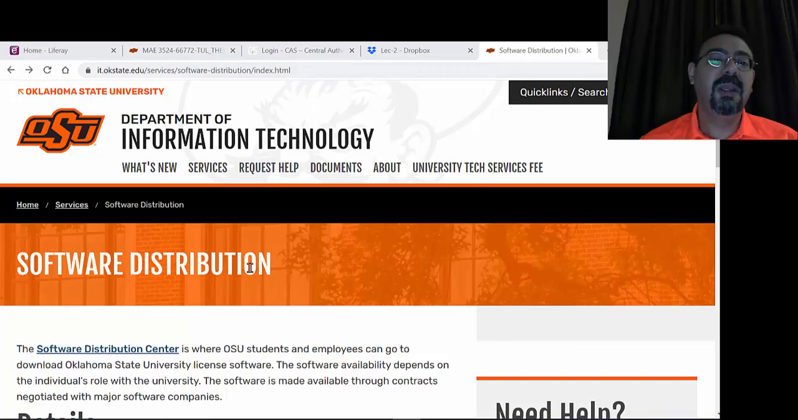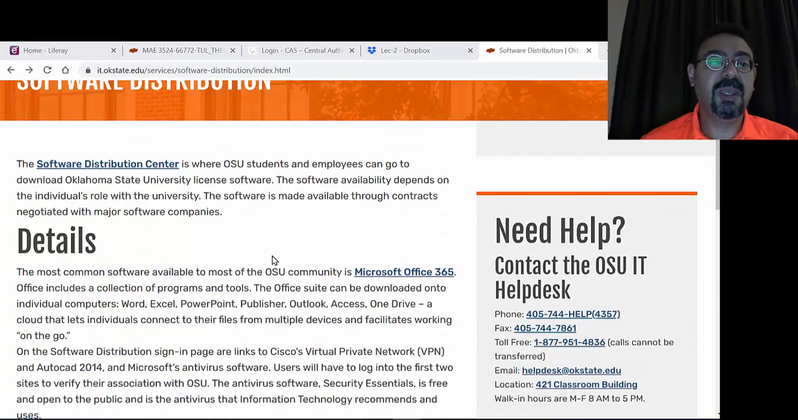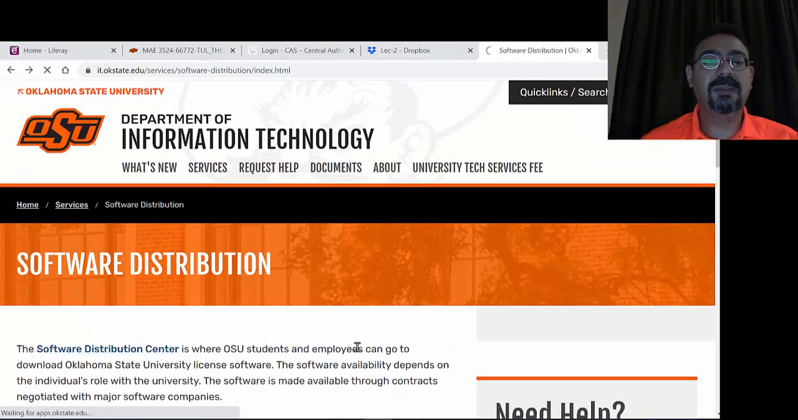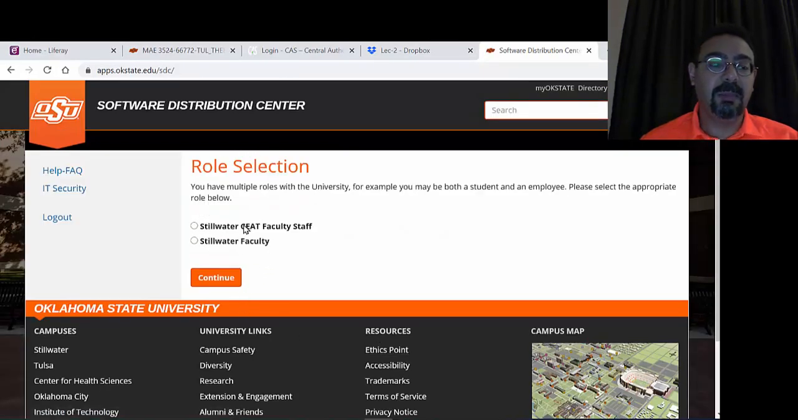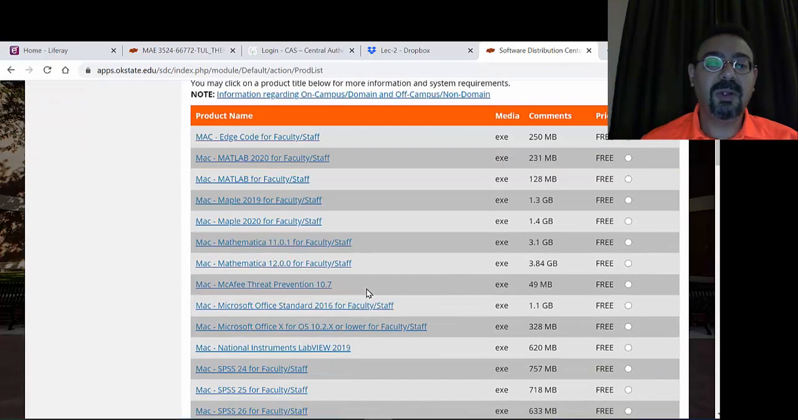it.okstate.edu/service/software distribution. If you go to it.okstate.edu and search for software distribution, you will come to this page. This is the place where students and employees can go download the Oklahoma State licensed software. So I'm going to click on it, and because I am faculty, I can choose this. But you guys will, I guess, get student choices. So I'm going to say Stillwater faculty, and then I will try to find where